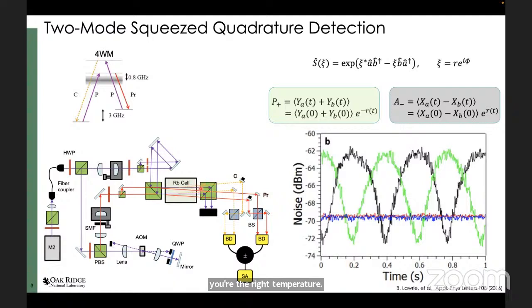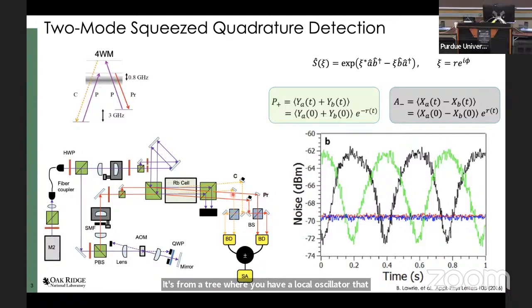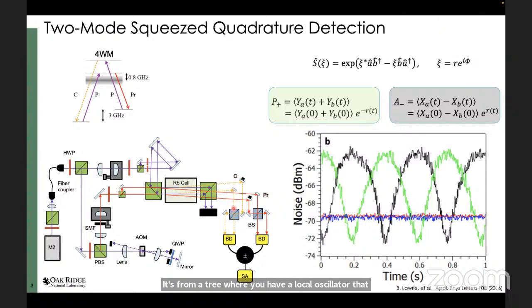And with a little bit of work, you can get the right conditions for squeezing by sweeping the temperature as well as the laser frequency and minimizing losses, etc. And you can read all of this out using a standard homodyne interferometry, where you have a local oscillator that you interfere with both the conjugate and the probe. And then you can look at the sums or the differences of those signals after they have been down converted into currents through a balanced detector.